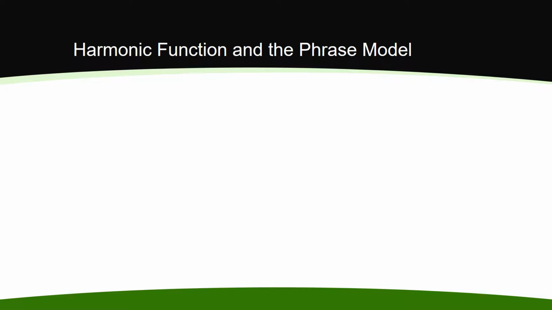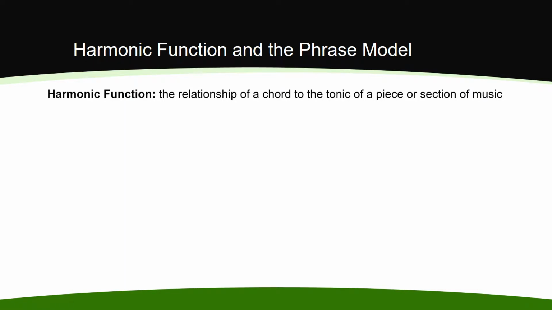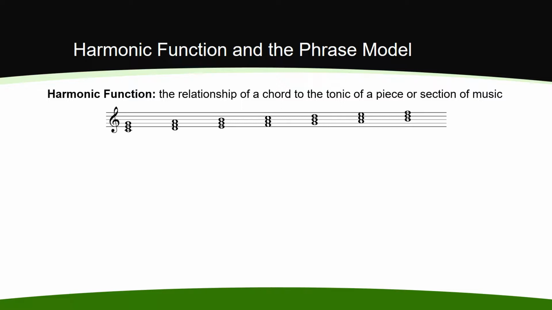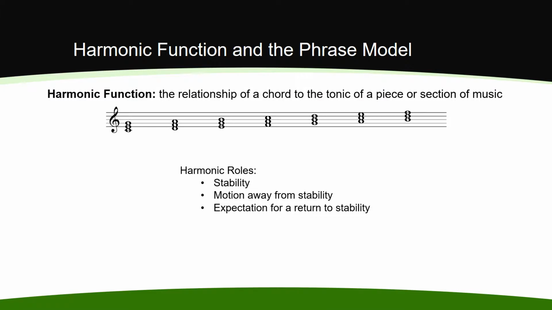In Module 13, we focused on melody. In this module, we will focus on harmony. Harmonic function is the relationship of a chord to the tonic of a piece or section of music. Each chord built on each scale degree has a role to play within that scale. That role can be one of stability, one of motion away from stability, or one of expectation for resolution back to stability. There are three main types of harmonic function that have these three roles: tonic function, predominant function, and